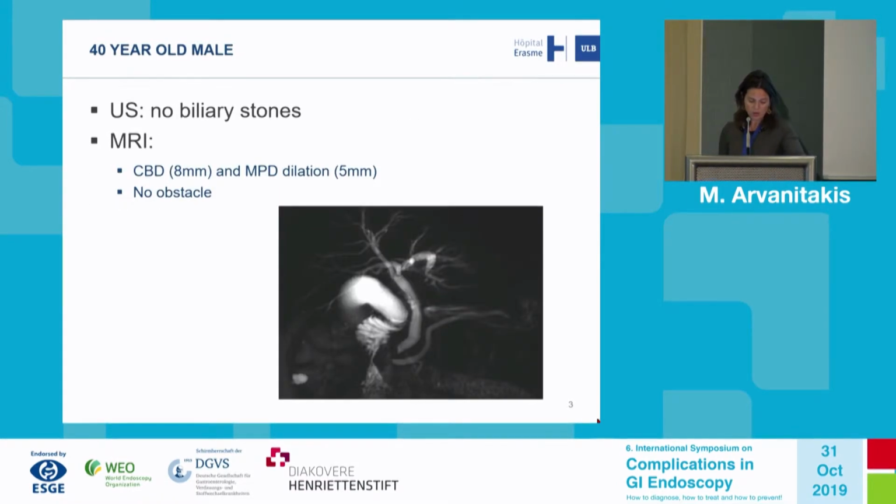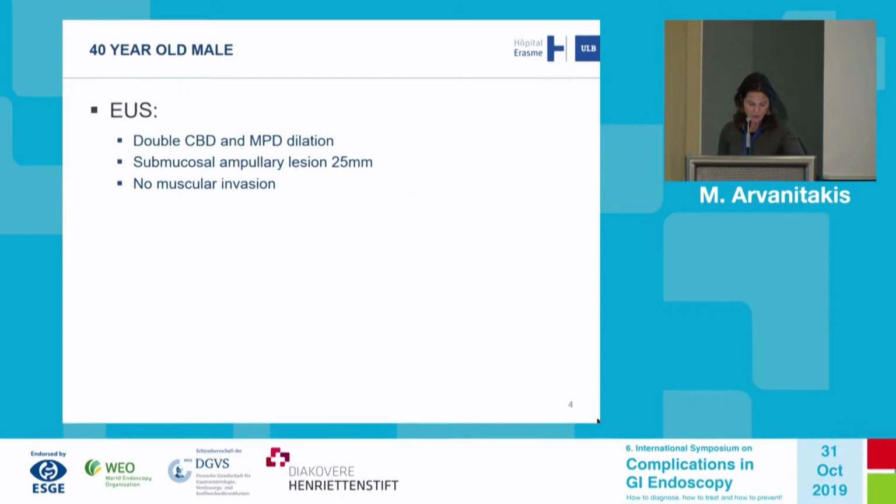He has undergone US that shows no biliary stones, no sludge, but an MRI shows that there is a double dilation, common bile duct and pancreatic duct. No obstacle, but we think at this point that there might be an ampullary lesion. So he undergoes US, where we confirm this double dilation, and we also see that he has a submucosal ampullary lesion